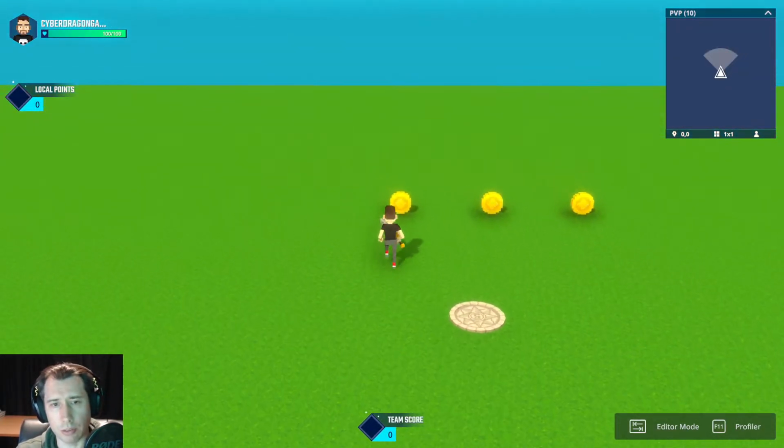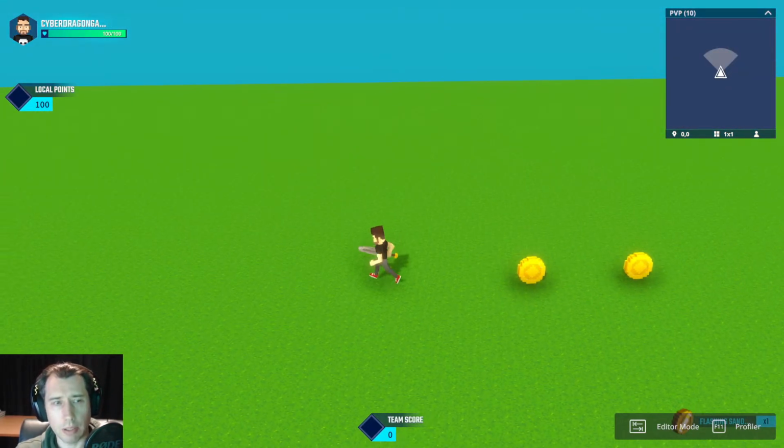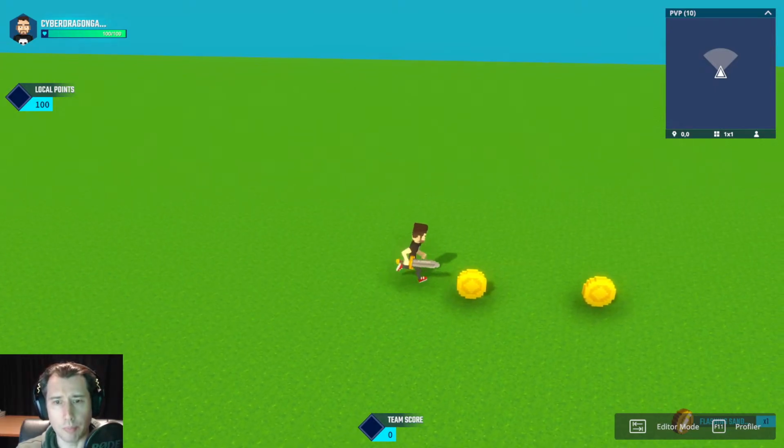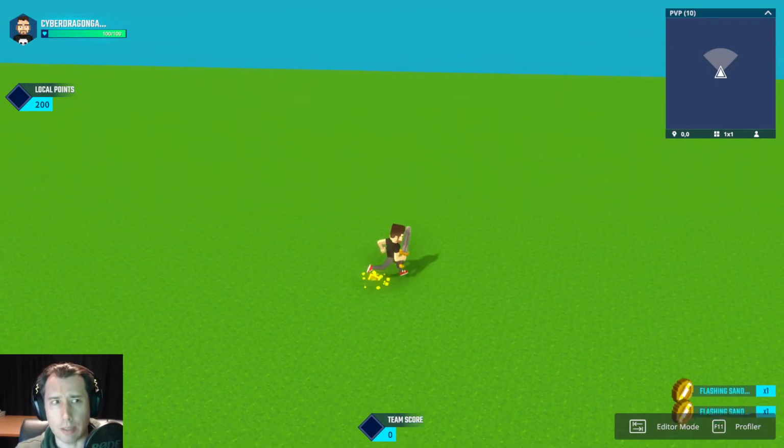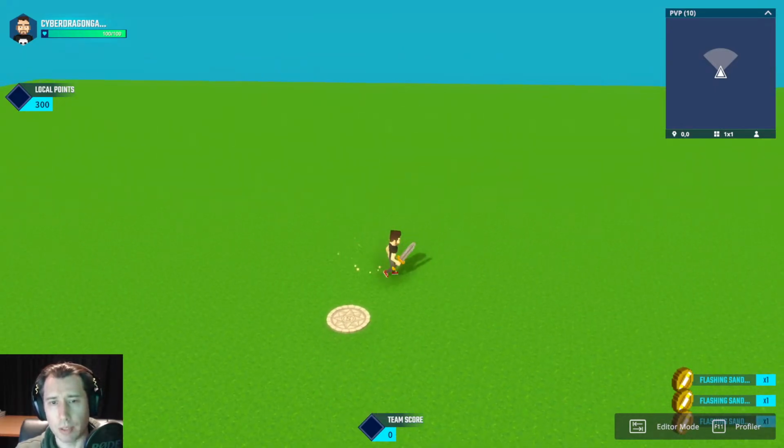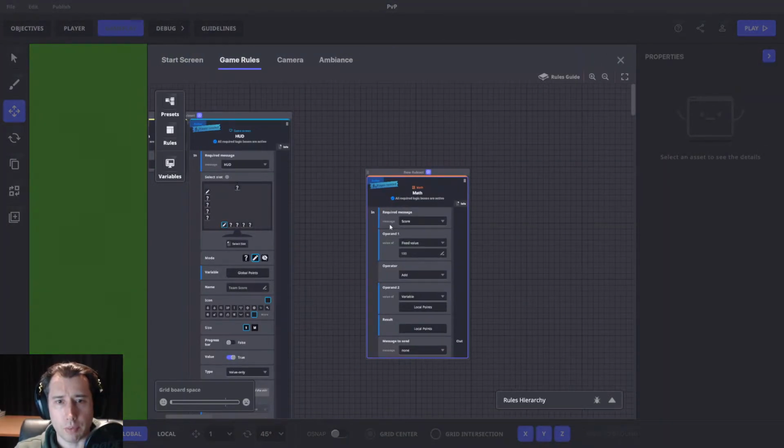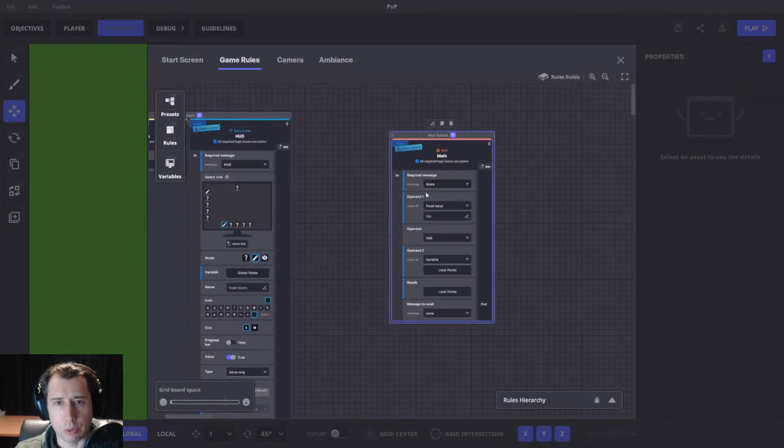So you can see our score. And when we pick it up, it's added 100 to our local variable. We add another 100 each time we pick it up. Cool. So what we've done is we sent the message score to the rule. We're adding 100 to the variable local points. What we want to do now is